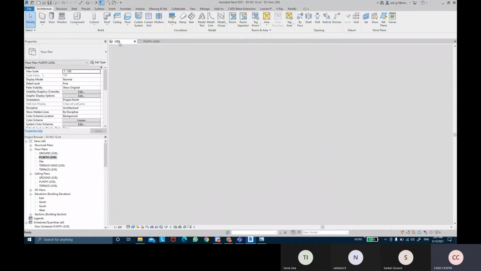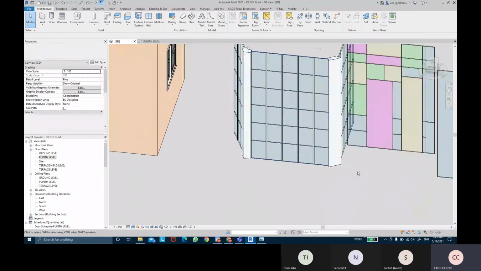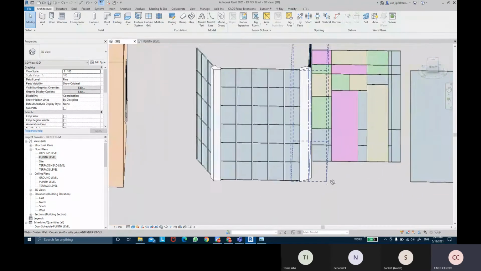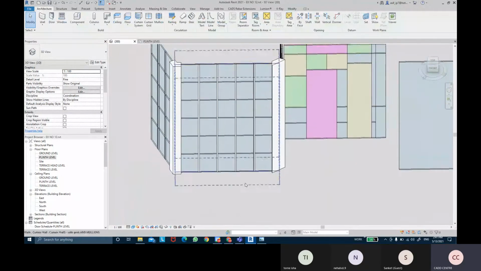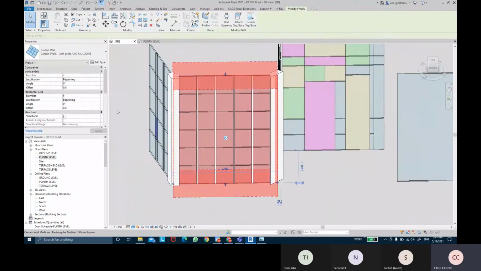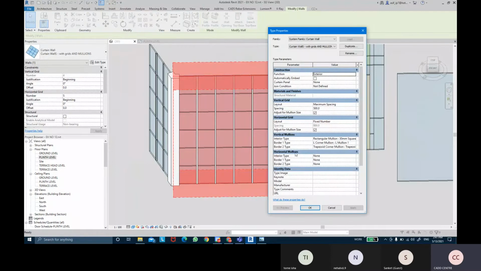So you have plenty of options in your corner mullions actually, but fewer options in your interior mullions. Similarly, you can add mullions to horizontal framing. In horizontal mullions also you have three options: interior type, then border type 1 and border type 2. Interior type means all these center ones. In border type 1, this is for the bottom, and border type 2 is for the top actually.